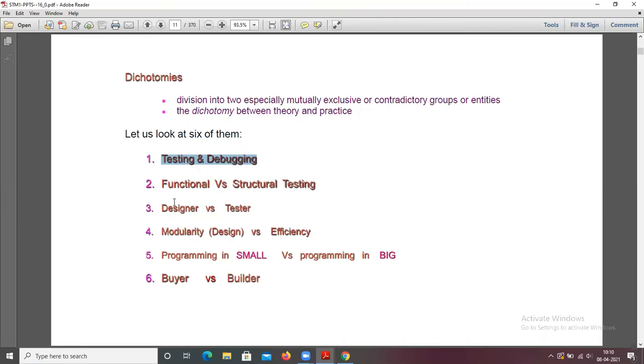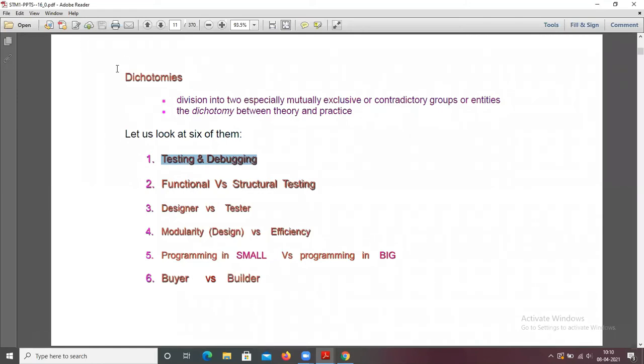Similarly, the designer and the tester are two different roles. And functional versus structural testing: we think both testing models are the same, but functional testing is different from structural testing. Similarly, modularity versus efficiency, programming in small versus programming in big, and buyer versus builder.